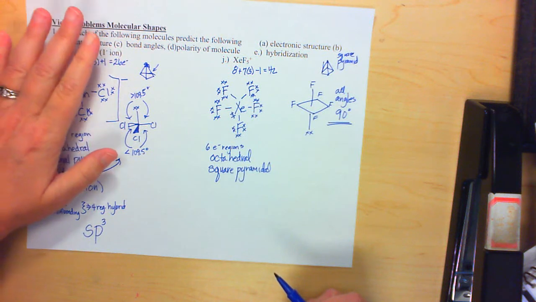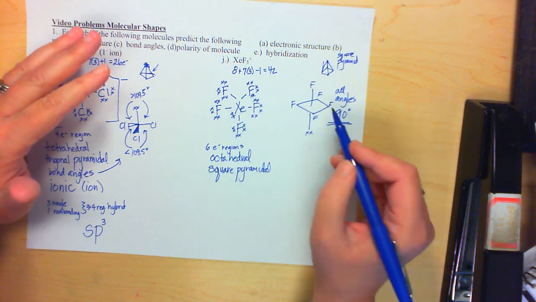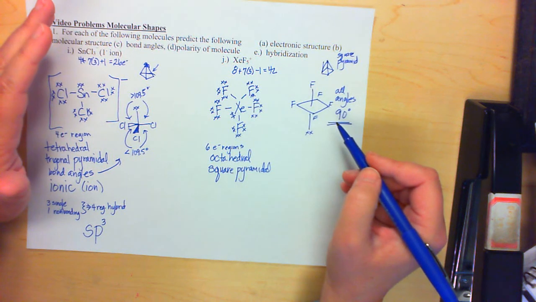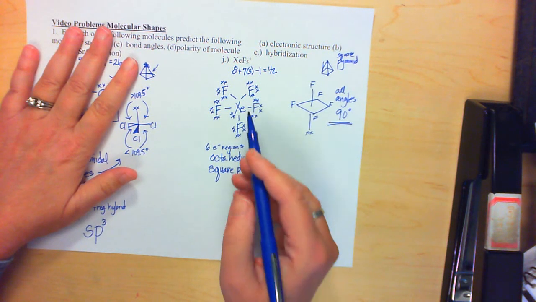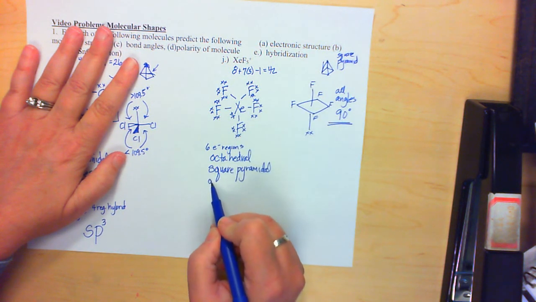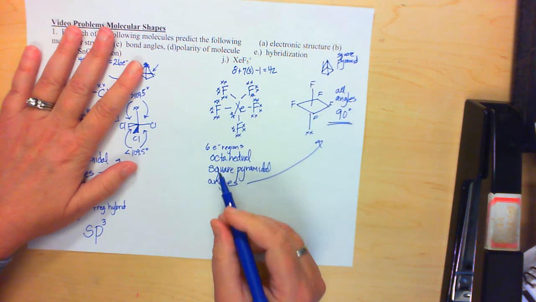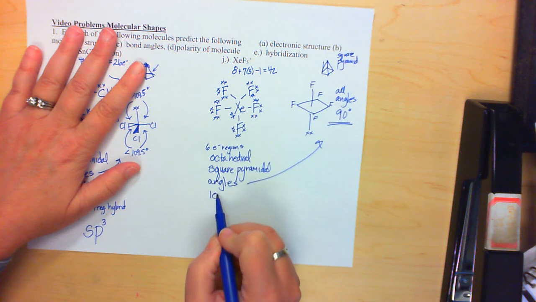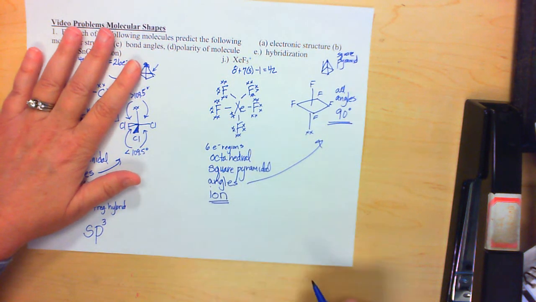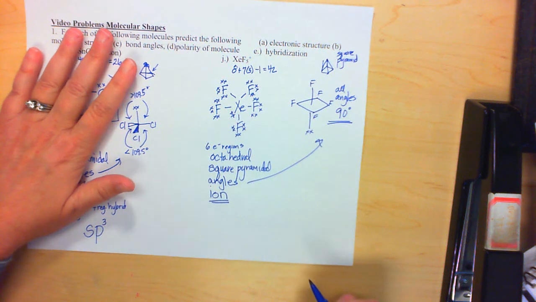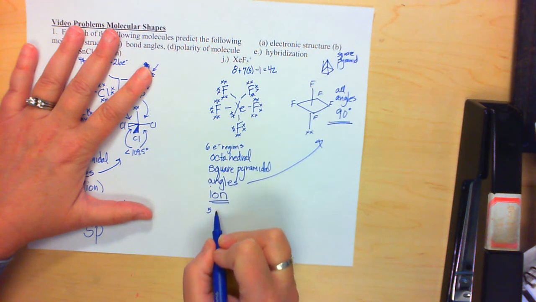Alright, that brings us to the polarity. Now, if we were looking at a neutral molecule, we would look at it and say, oh, wait, it's unsymmetrical, so it would be polar. And that would be true, except, well, let me go ahead and say that we did the angles up there. So if we're looking at polarity, it's an ion. And usually that's an easy one to miss. So there's your ion. Hybridization, we're going to have 5 single